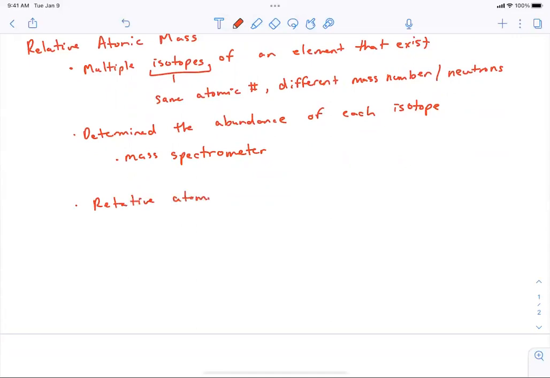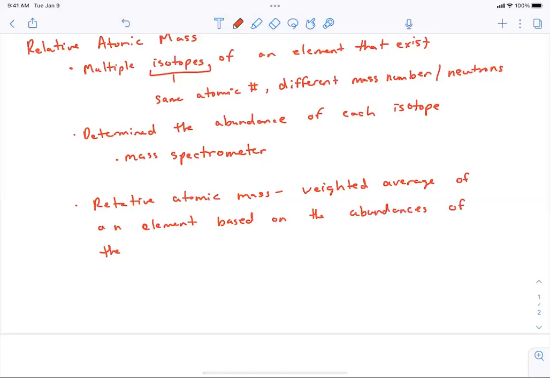the relative atomic mass, which is the weighted average of an element based on the abundances of the isotopes. There's a little bit more to that as well. Let me add that, but let y'all catch up. So weighted average of an element based on the abundances of the isotopes relative to